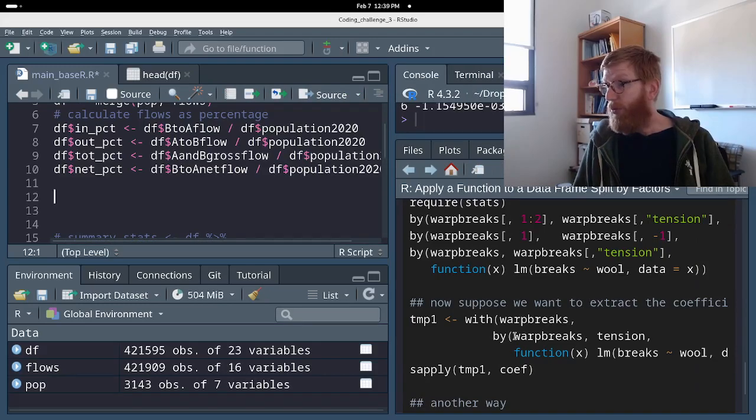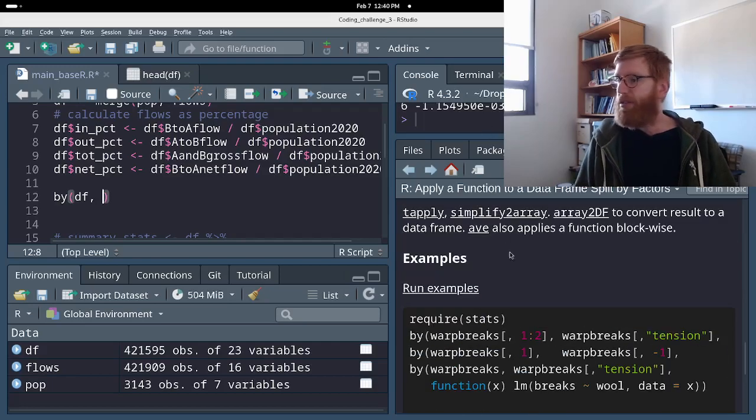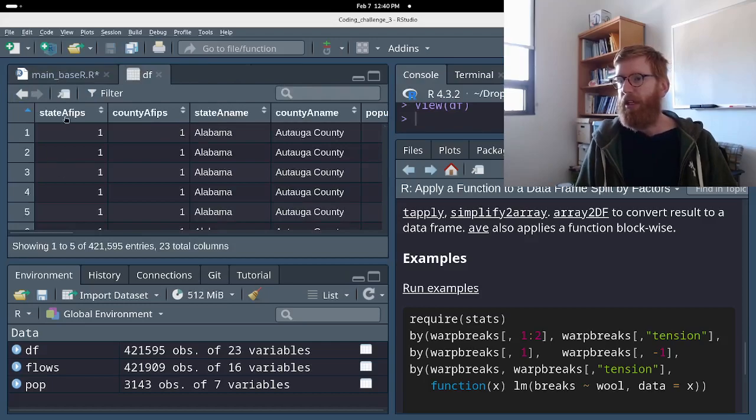So we want to take df. That's our data that we're using. The indices, these are the factors. So in this case, let's go to view df. State AFIPS, county AFIPS,